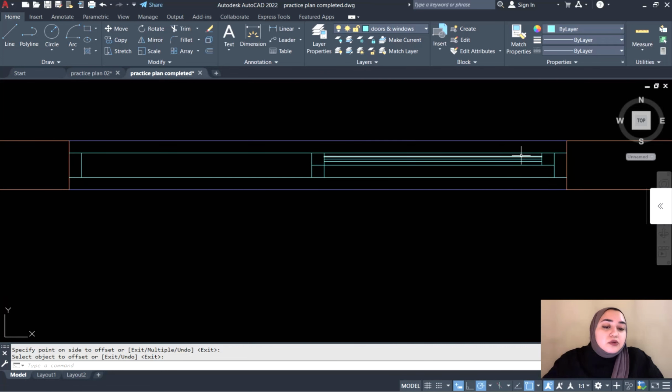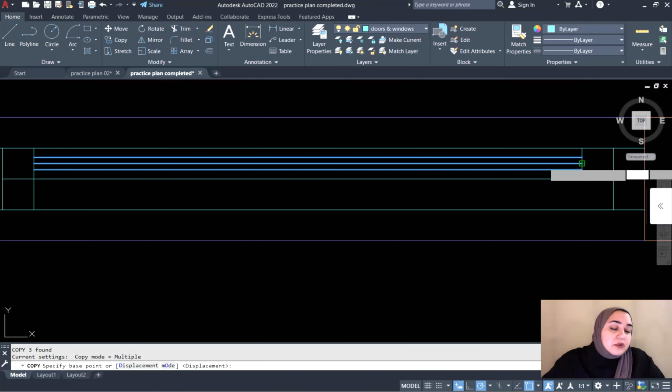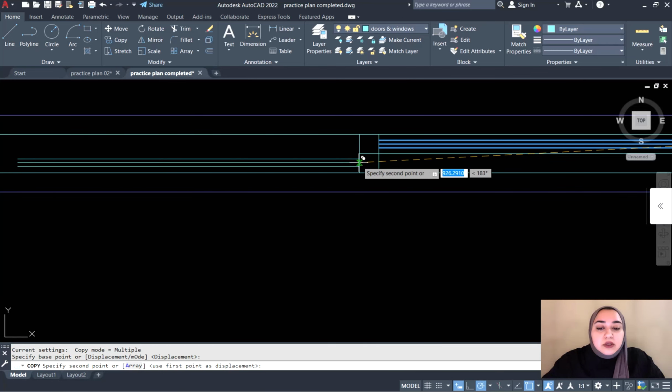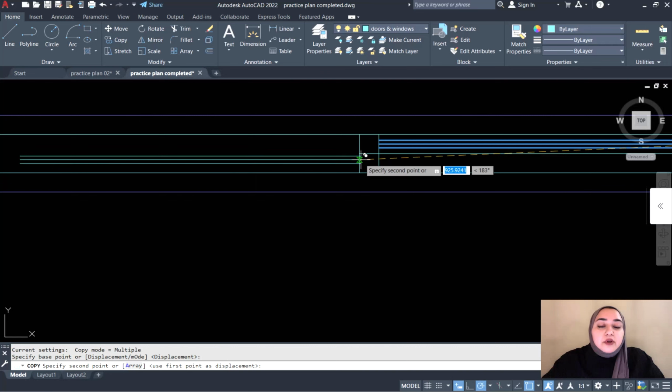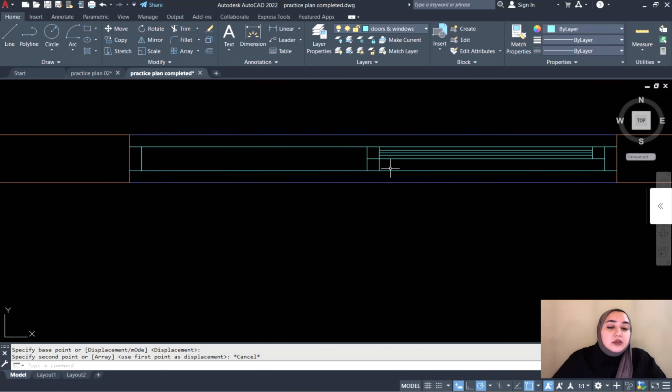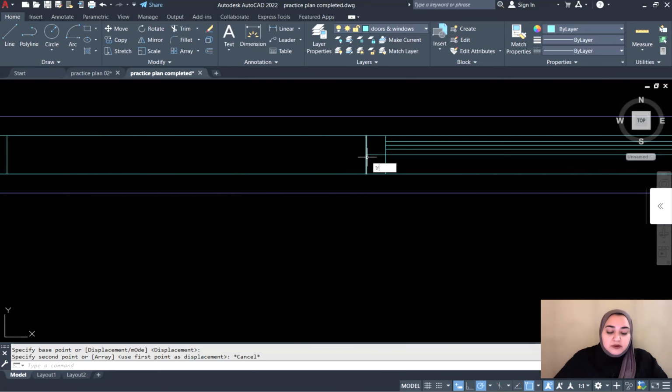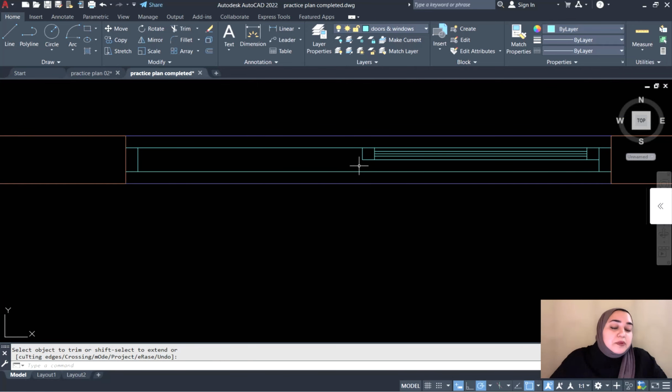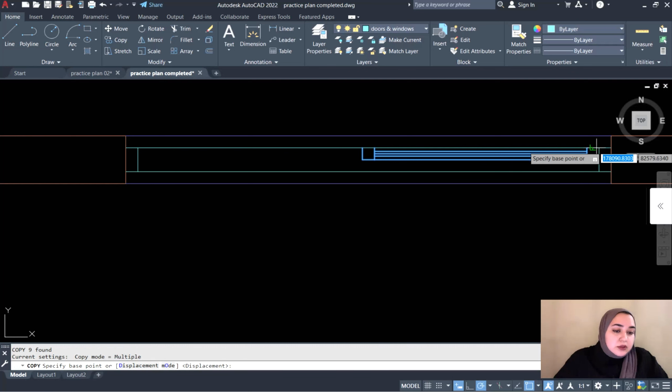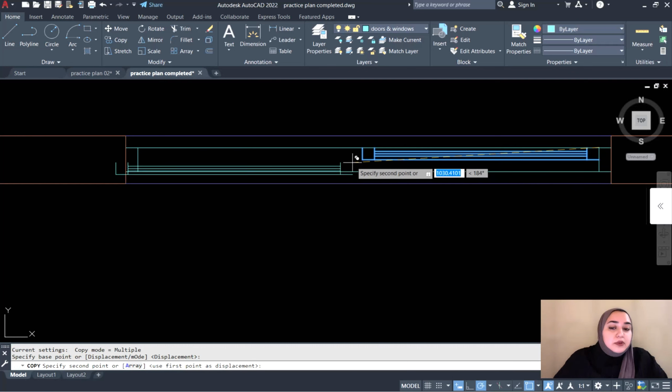Then I'm just going to select all these lines, copy them, CO enter from the midpoint in here to here. Okay, if you're not able to do this, this is because I did not separate these two lines. So if I trim these two lines, now I'm going to be able to copy everything. So let's just select all the lines, CO enter from this point to this point,